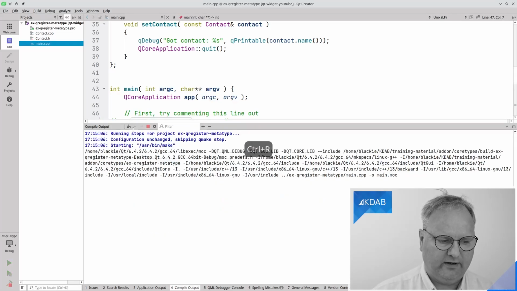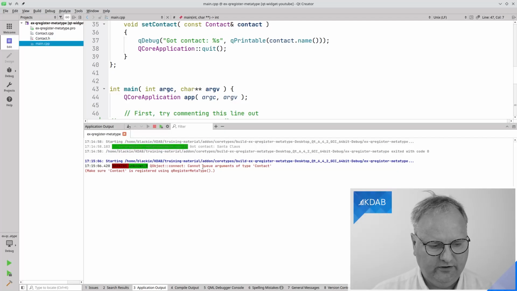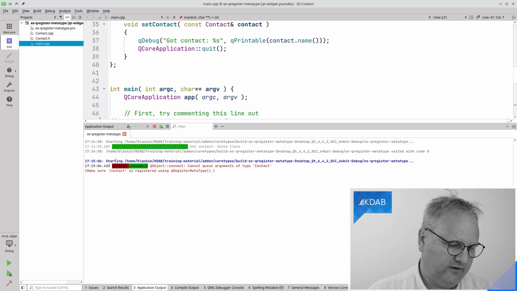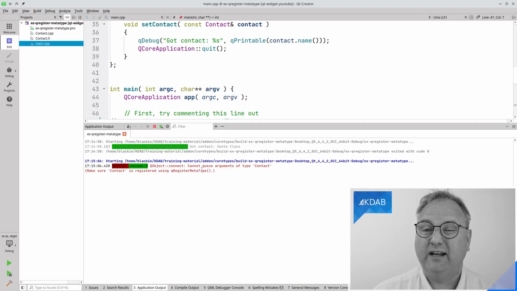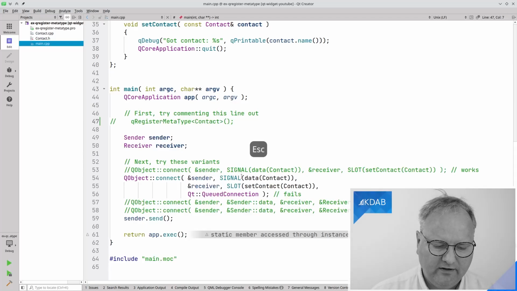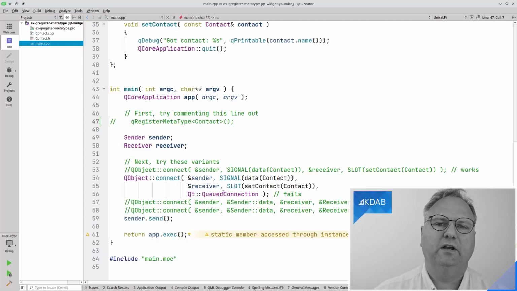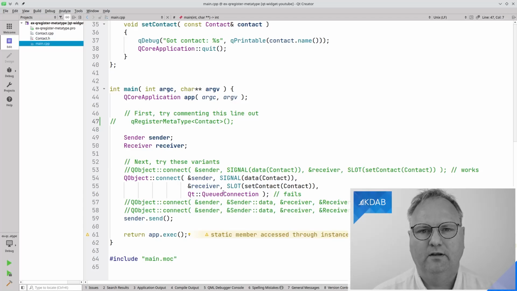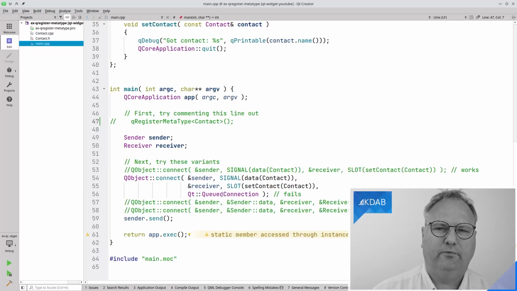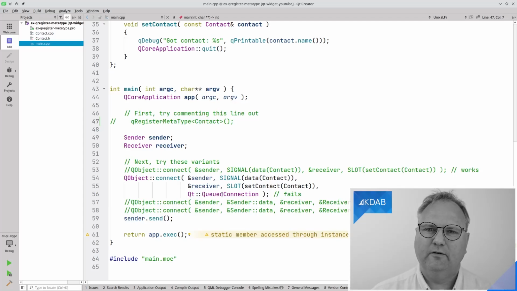Now, if I comment this one out and I compile it again, it'll say, hey, you forgot to call qRegisterMetaType. Cannot use Qt::QueuedConnection, because what you might not have noticed is that it says queued connection. And queued connection, we talked a bit about that earlier when we talked about signal slots. The signal is being marshaled down into a small package that is put into the event loop of the thread that the receiving object lives on. They are the same thread here, so it's basically just going through the event loop. But that's beside the point.